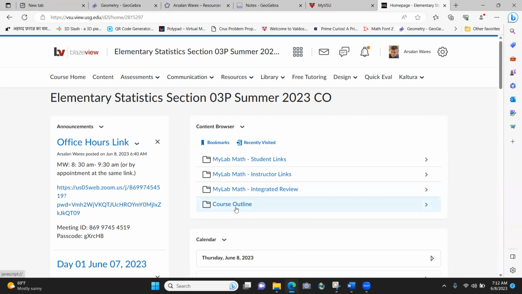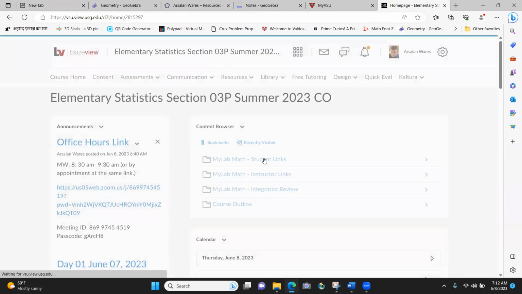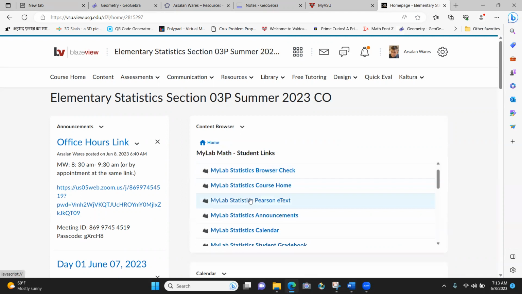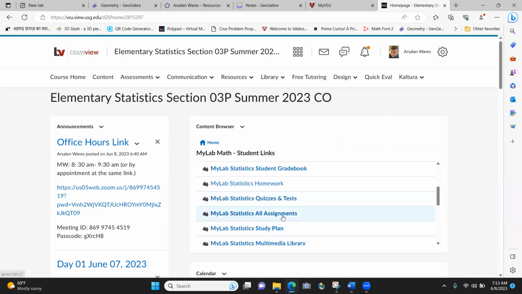The course outline is in this folder. Course outline right here, 1401. You want to see it. You probably won't see the instructor links, of course, for obvious reasons. You click this, scroll down to MyLab Statistics Pearson e-text. If you click this, you'll have access to the whole book. Another link you want to be interested in is My Statistics All Assignments. There should be only one now,